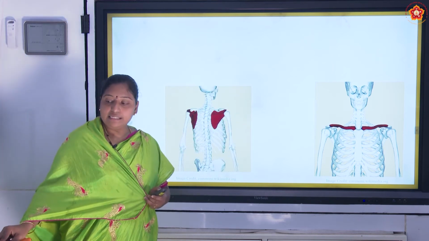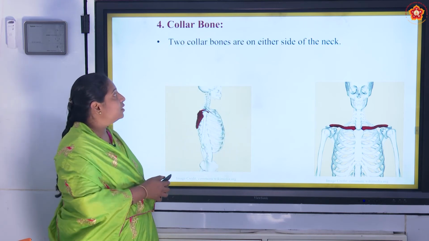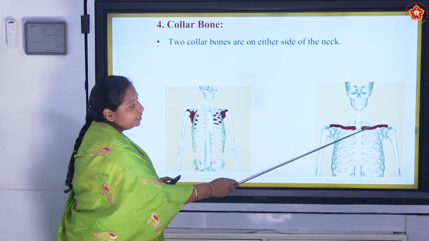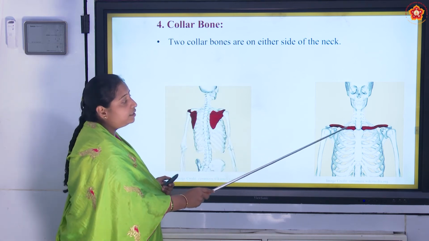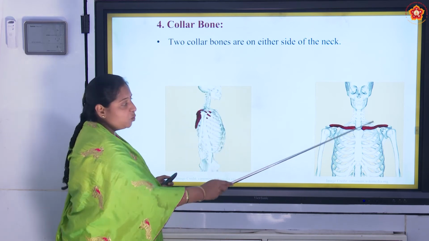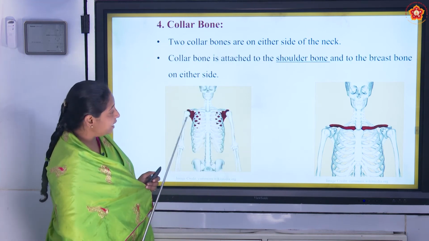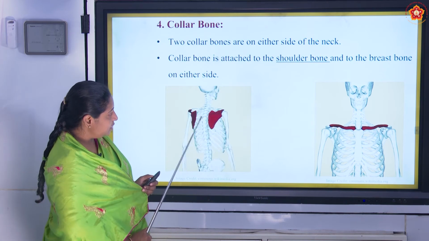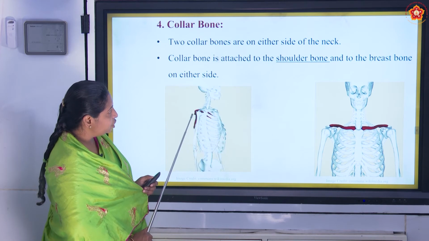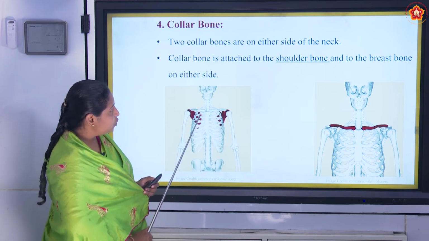And the next is collarbone. There are 2 collarbones on either side of the neck. See, observe this picture here. These red marks you can see here are called collarbones. And these collarbones are attached to the shoulder bone. This is the shoulder bone, and this collarbone is attached to this shoulder bone as well as to the breastbone